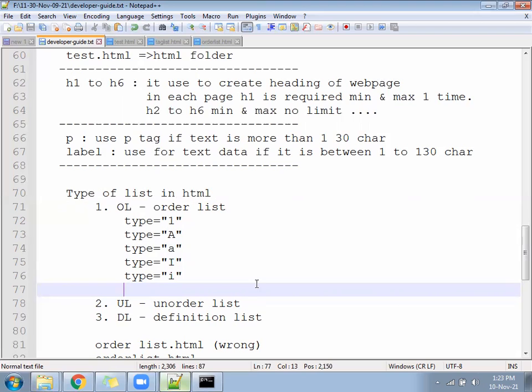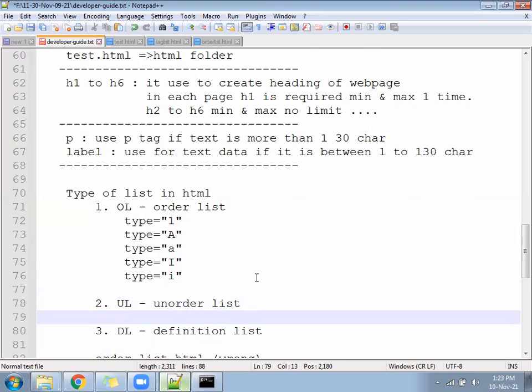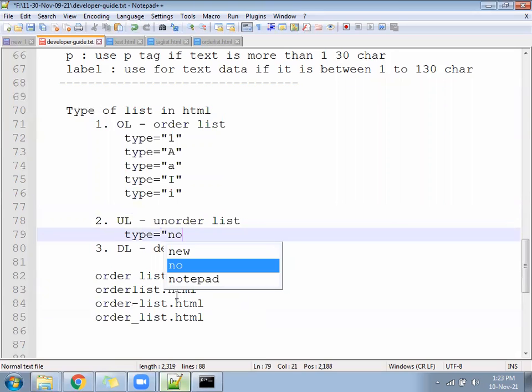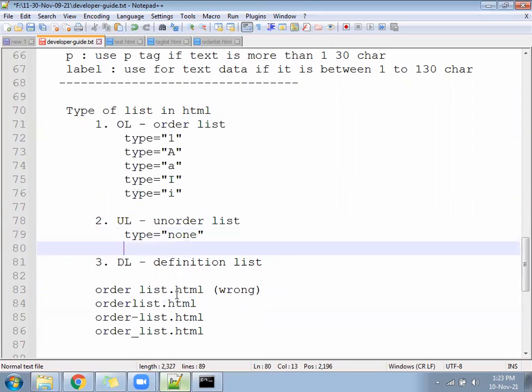Now let's make a note under the unordered list also, then we'll go for the example. Write here type equal to none. None means nothing will come. Only text will come. In front of the text, no symbol: no 1, 2, 3, no ABCD, nothing. Just your text will appear, whatever you are writing under the LI. That is called type as none. When we create a menu and submenu inside a website using the unordered list, you will not see a dot or anything, because it is written through CSS as type none. So it will display plain text.